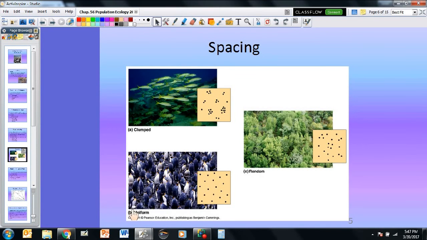Uniform spacing is usually caused by limited resources. Those limited resources create competition. To avoid competition, many organisms have adapted and created a behavioral response. So for example, you have a stretch of beach that male seals will protect so that they can provide food for their females. If you look down on the beach, you will see the seals and their females evenly spaced